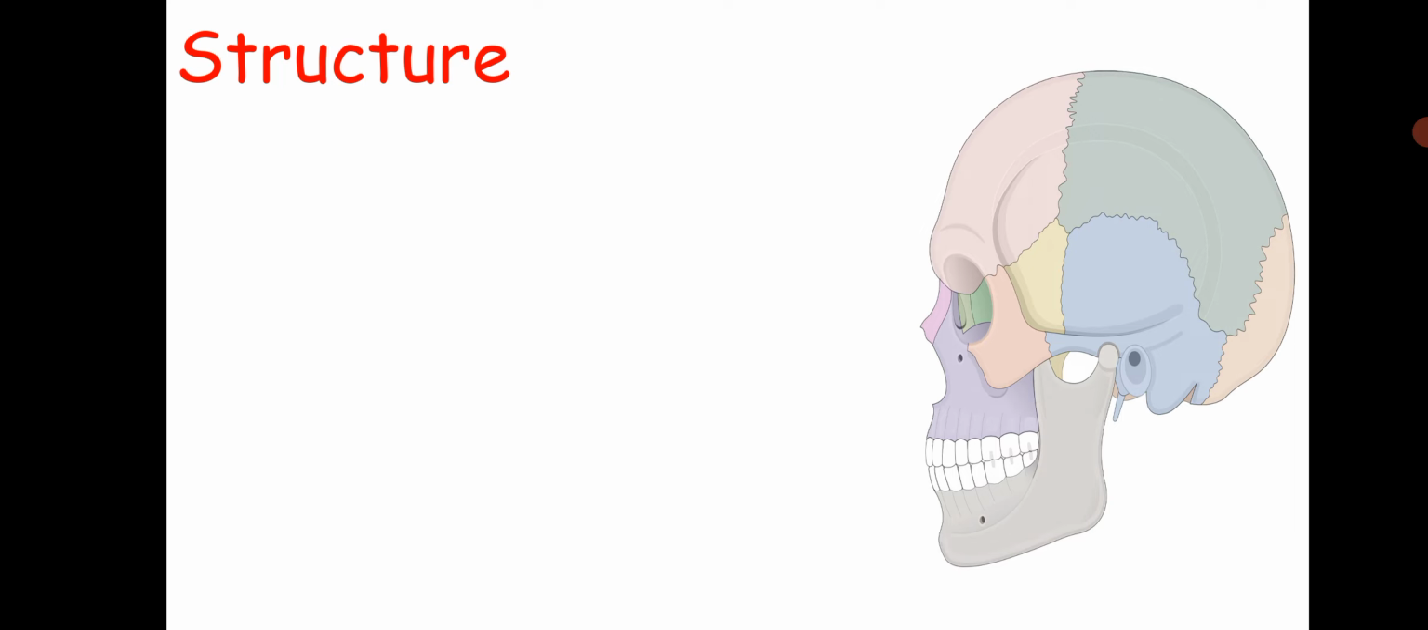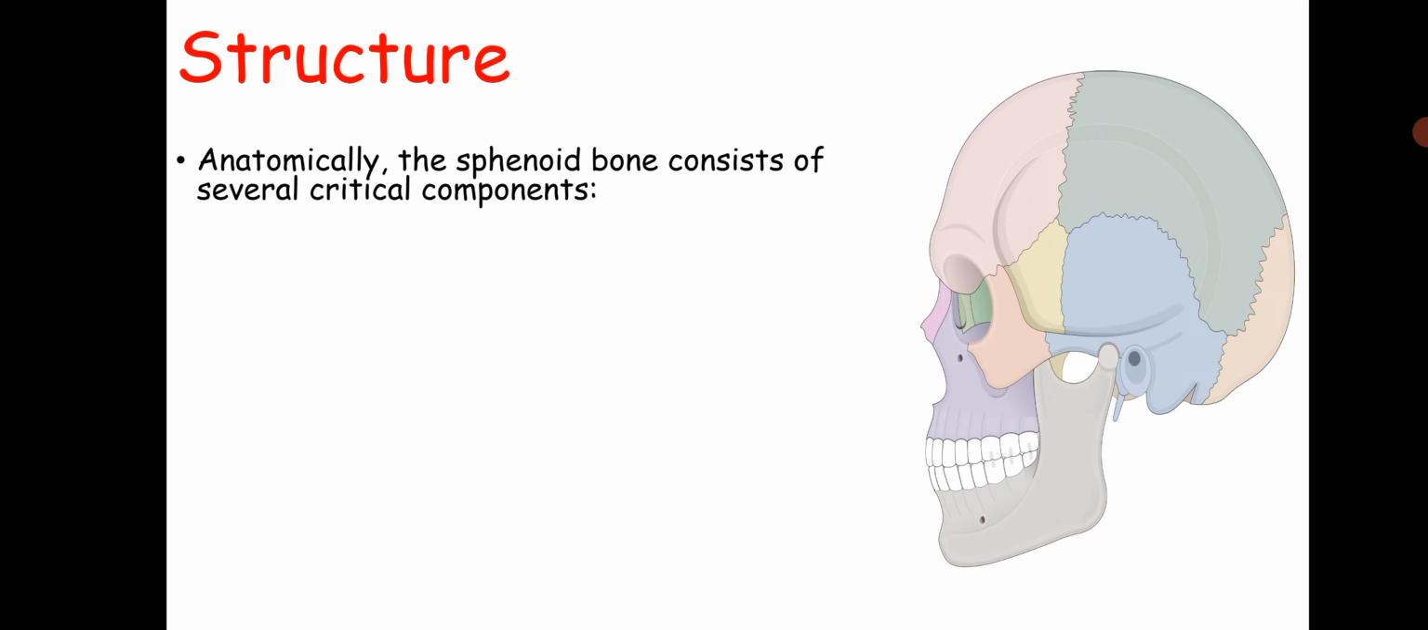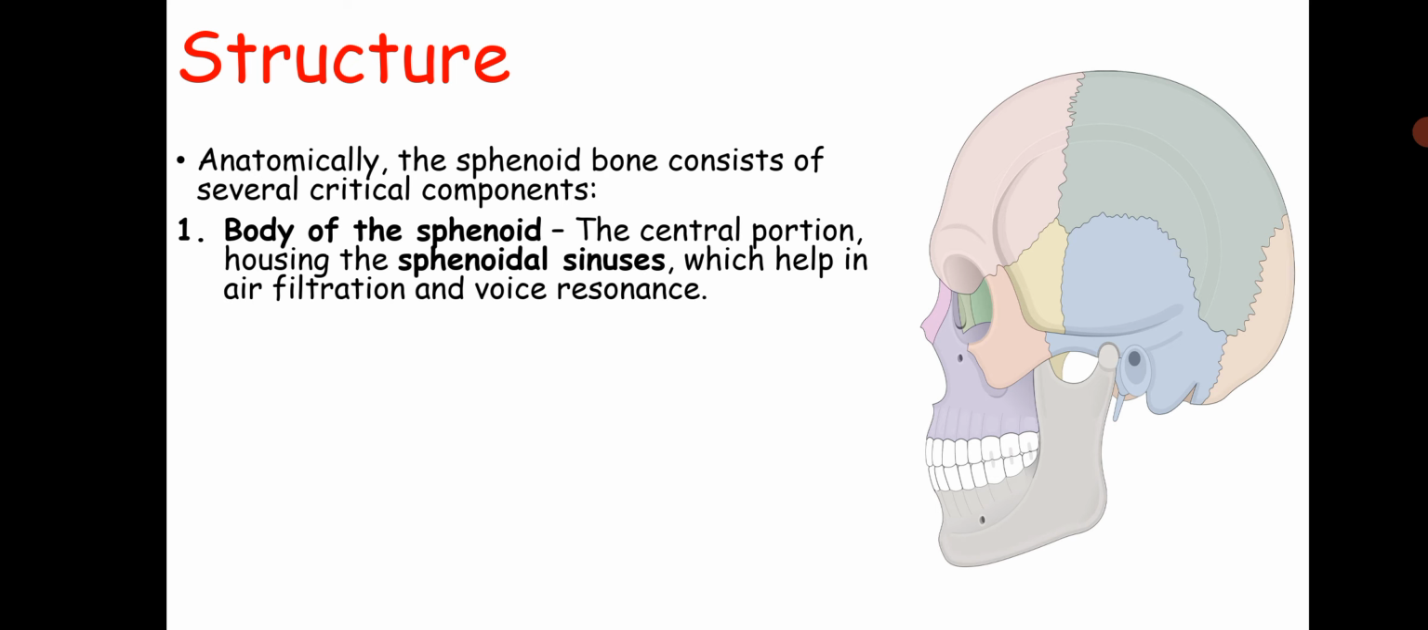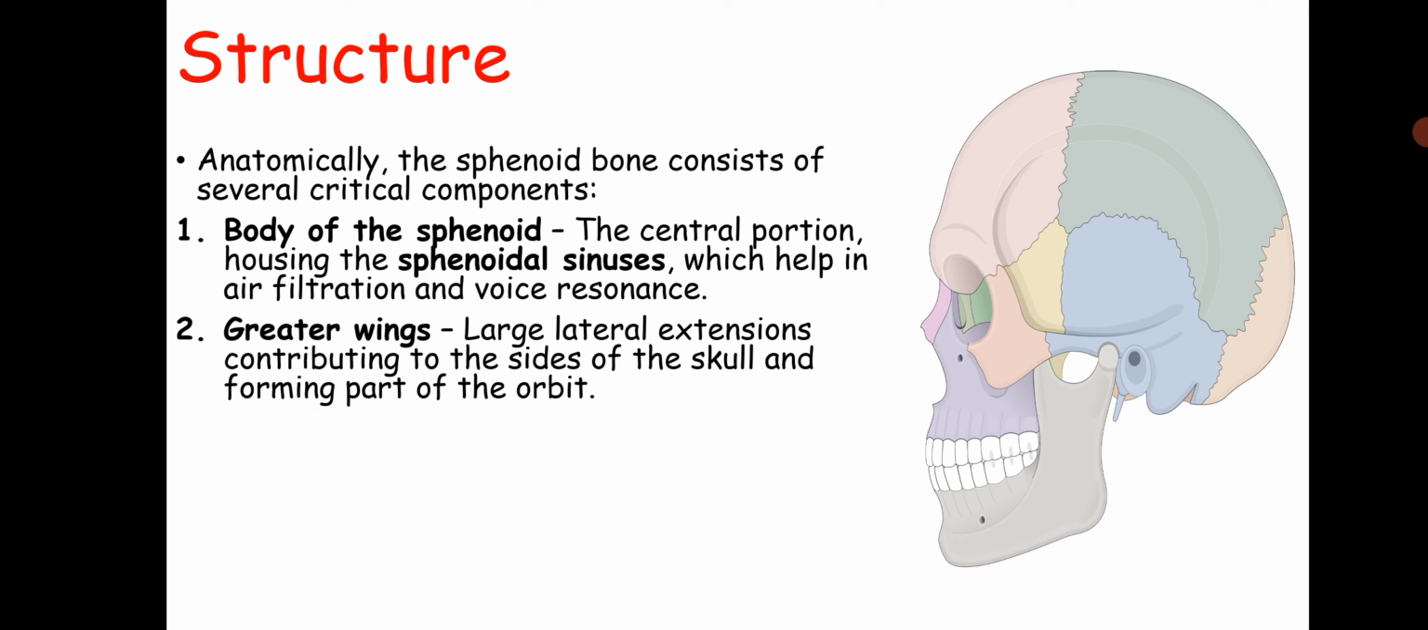Now let's talk about the structure of the sphenoid bone. Anatomically, sphenoid bone consists of several critical components. These include the body of the sphenoid, that is the central portion housing the sphenoidal sinuses, which help in air filtration and voice resonance. Second structure is the greater wing, that are the large lateral extensions contributing to the sides of the skull and